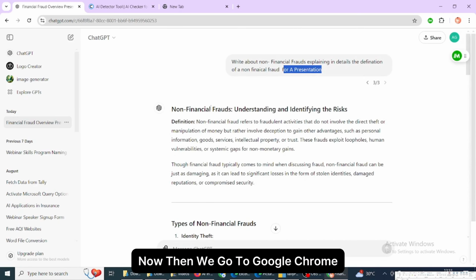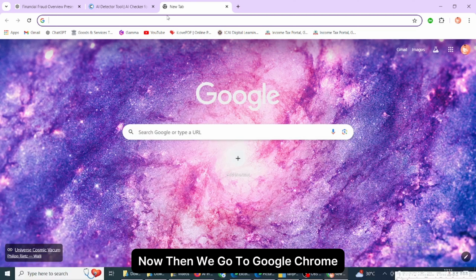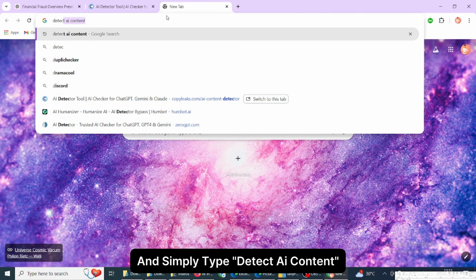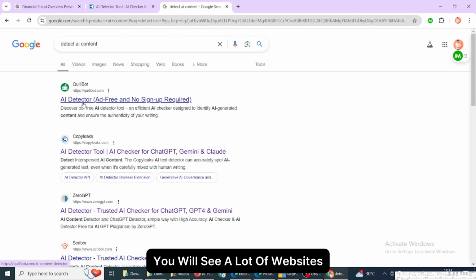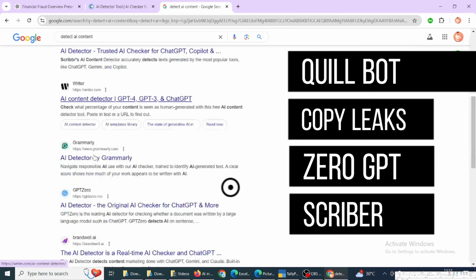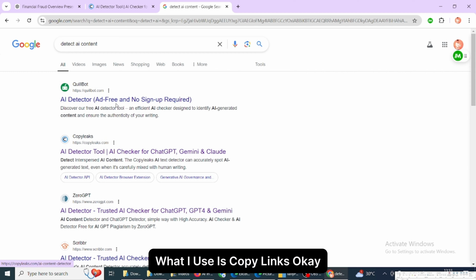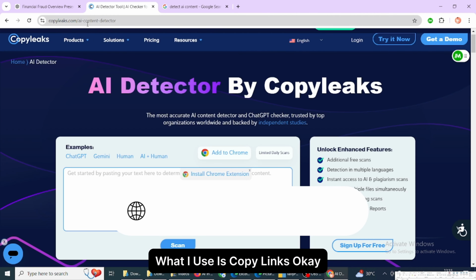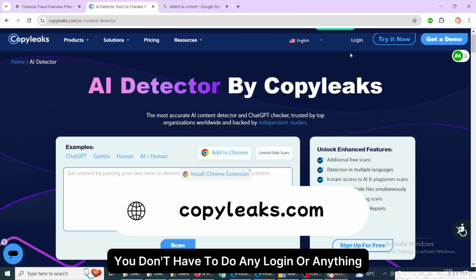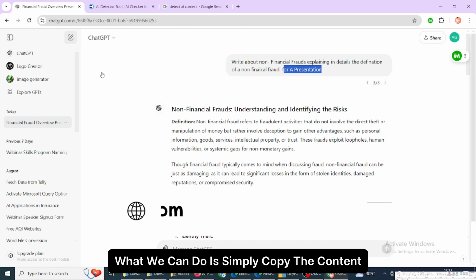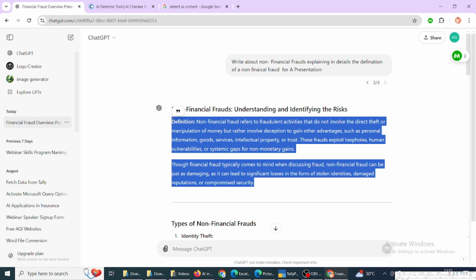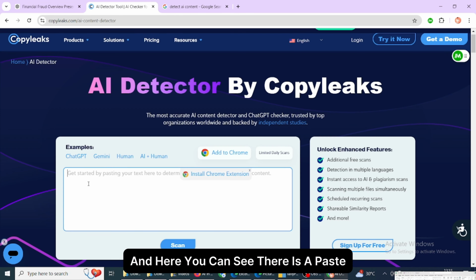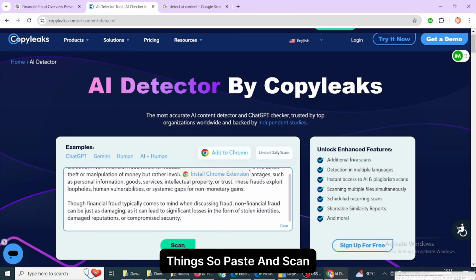Now, when we go to Google Chrome and simply type detect AI content, you will see a lot of websites: Quillbot, Copyleaks, ZeroGPT, Scribr, etc. What I use is Copyleaks. Okay, copyleaks.com. You don't have to log in or anything. What we can do is simply copy the content, and here you can see there is a paste option. So paste and scan,